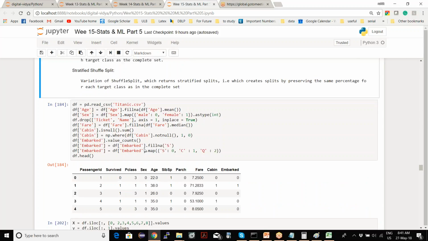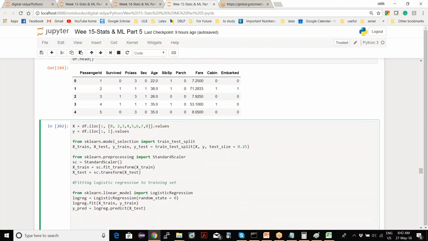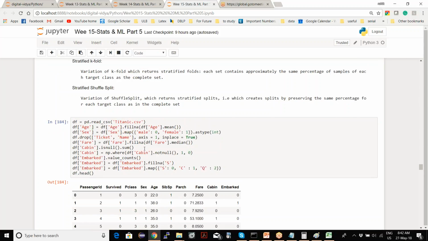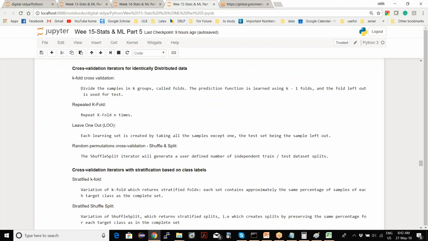It's like running this 10 times and taking the average of the 10 runs. So the difference between the three approaches is clear: k-fold, leave one out, and random permutation cross validation.